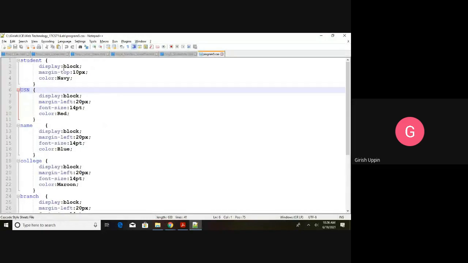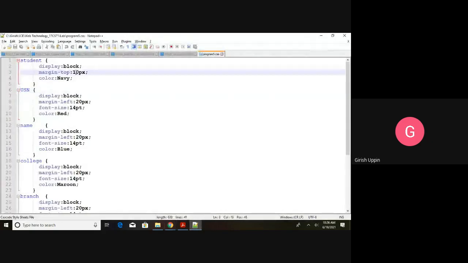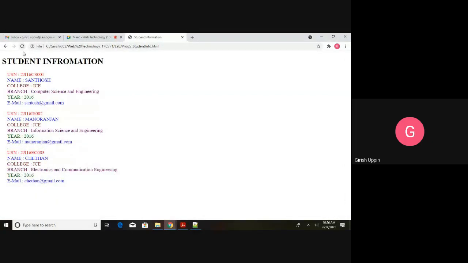Block is there, color is overridden in all the elements, and margin is 10 pixels. This is the margin from the top. Let me increase it to 20 so that you will understand. You can see the margin has increased everywhere.